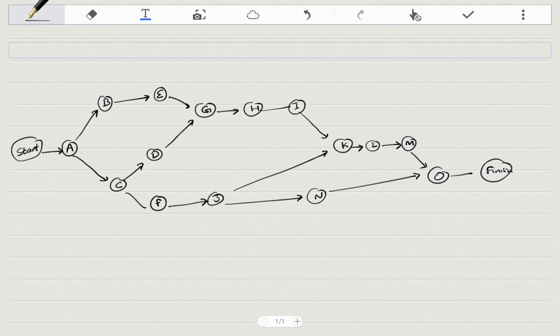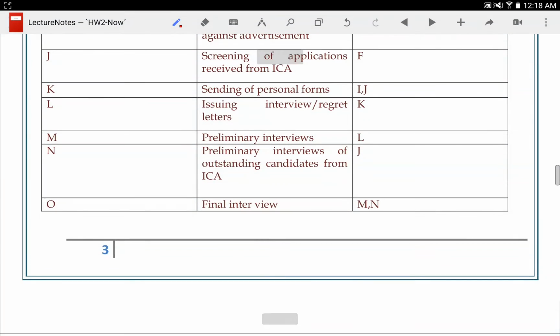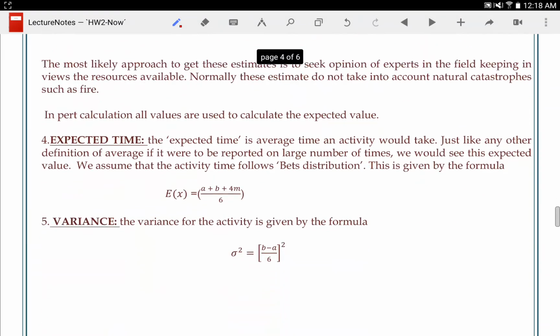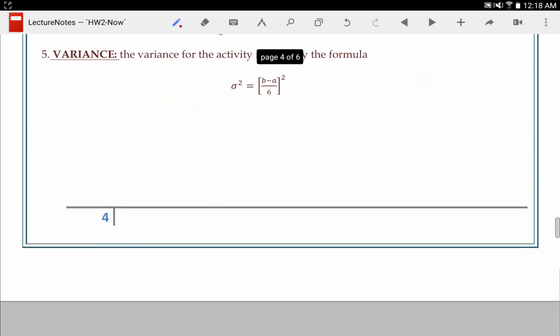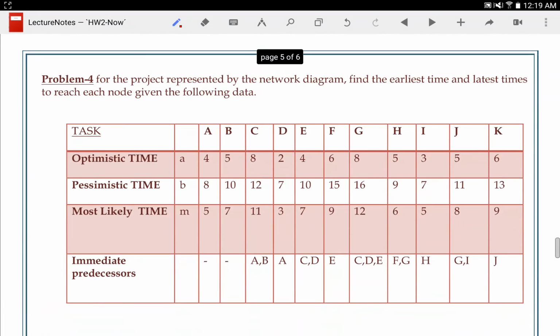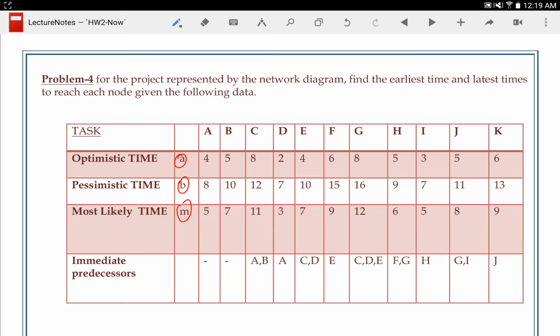Alright, let's go back to working on the problems. Question number 4. And this is a nice read for you to understand where PERT fits in. Now in the PERT questions, instead of having one estimate of time, you have multiple estimates. You have A, you have B, and you have M. So which one do you use? Well, the idea is neither. What you do is you find an expected value,